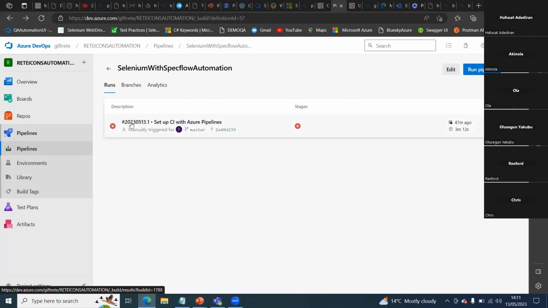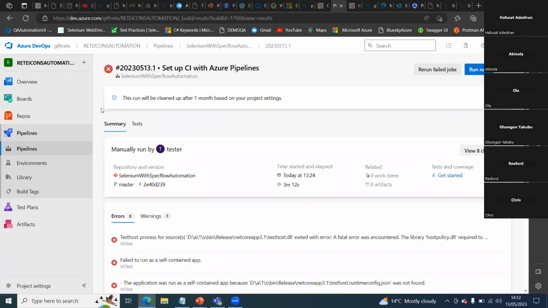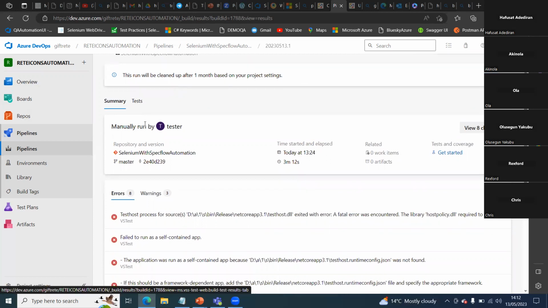Yeah, that's the build number that will come for every run that you have. Depending on the organization as well, they're going to be deploying to your CI section of the pipeline, but we probably will cover that next time. So if you scroll down on that,